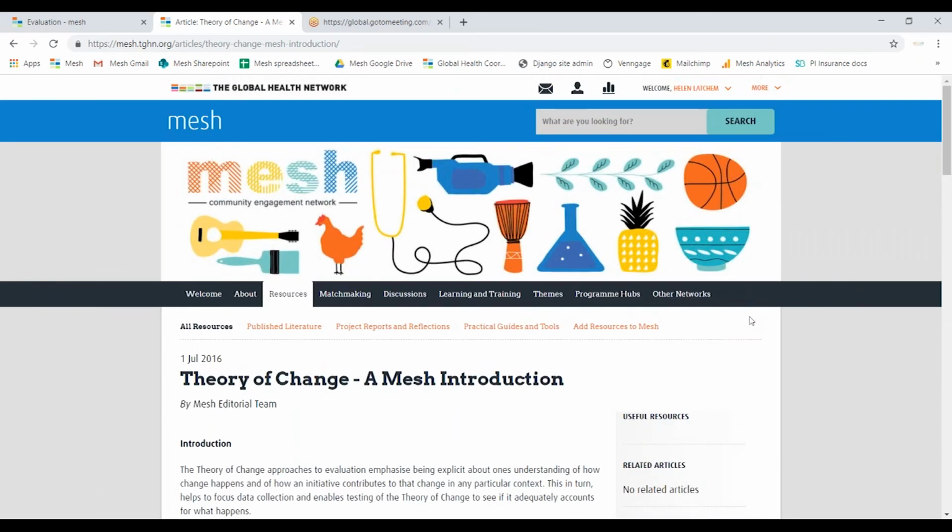What's interesting at this stage, I think, is to show, if you look at the ribbon at the top, we've popped back into the resources tab, even though we went through the themes. And again, this reiterates the idea that all resources are in that resource library and they were all categorized. So actually, if you'd gone to resources and gone to guides and tools and then to evaluation, you also would have found this same article. So hopefully you'll get to where you want, whichever way you come to it, is the message.